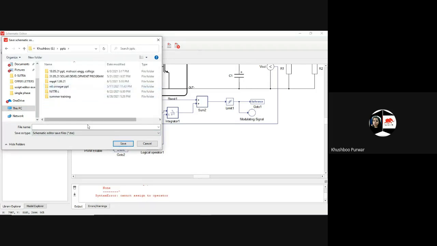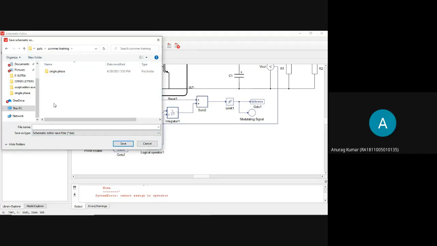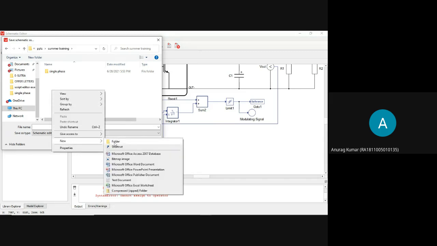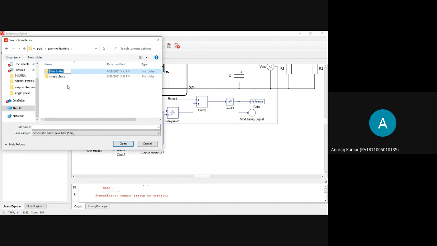Ma'am, while saving it is saying library can't be saved, tags with global scope detected. The following tags have global scope, this library validation block is showing. What should I do? Global will not show. Go to signal, you have to fetch.